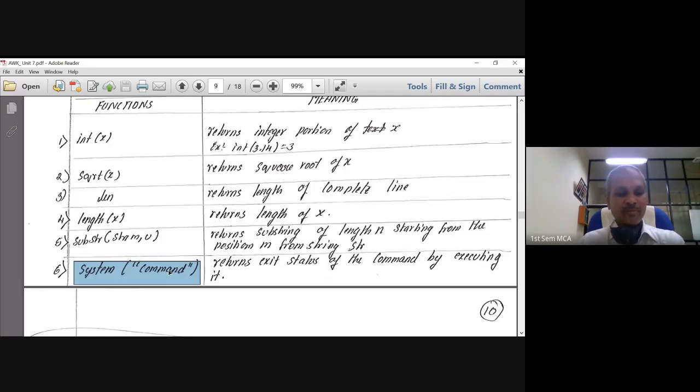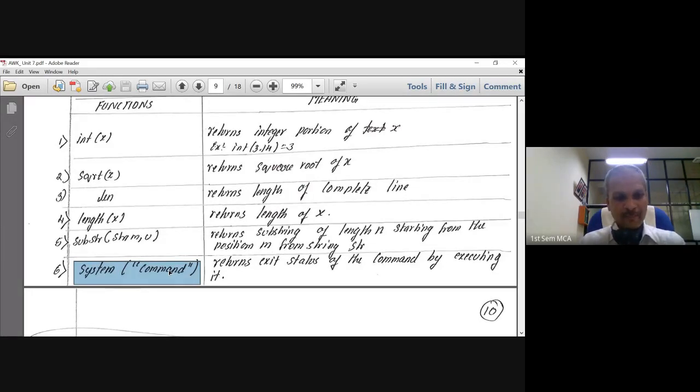So int will provide the integer portion of a float or a double number. Square root is going to provide the square root of a given number, whereas length, with the two variations: length without parameters provides the length of the entire line, and length with a particular parameter provides the length of that particular variable or field. Then substring takes 3 arguments.